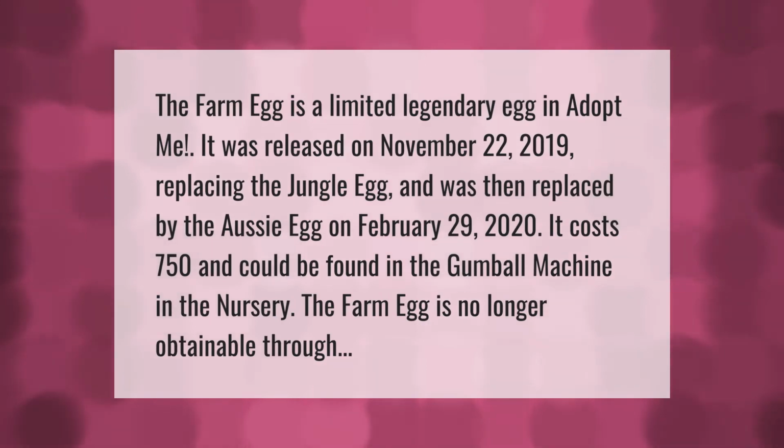The farm egg is a limited legendary egg in Adopt Me. It was released on November 22, 2019, replacing the jungle egg, and was then replaced by the Aussie egg on February 29, 2020. It costs $750 and could be found in the gumball machine in the nursery. The farm egg is no longer obtainable through